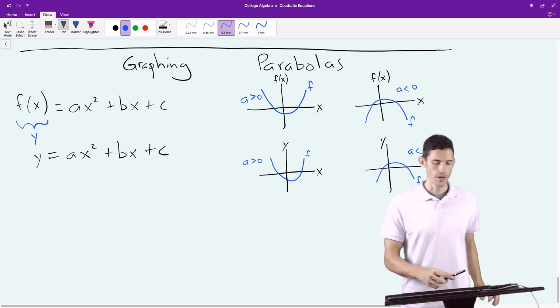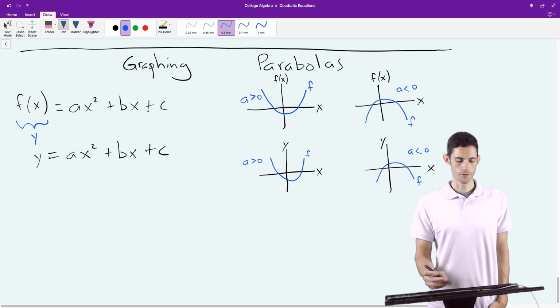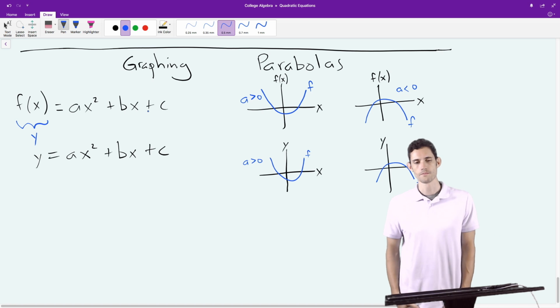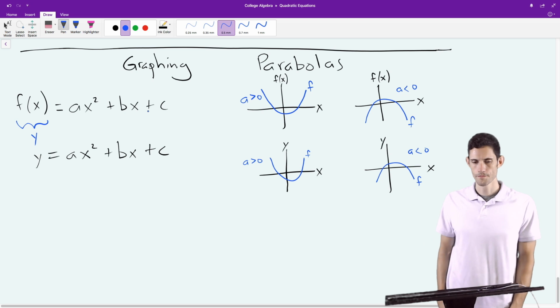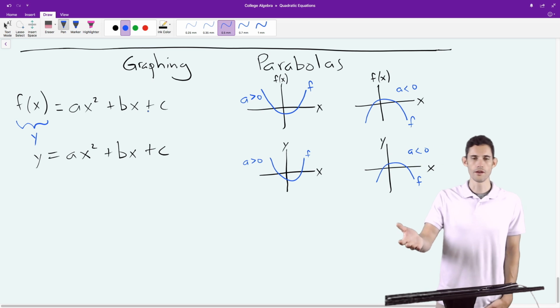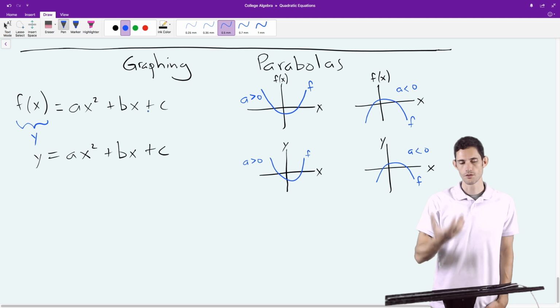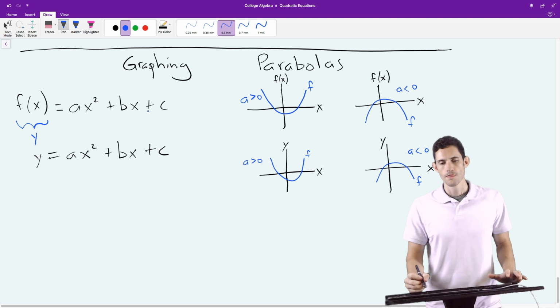And just imagine that we have ax squared plus bx plus c, and you're trying to think, what does this look like? Well, because it's an x squared, you know it's a parabola. And so it looks like one of the two pictures on the right that I drew. Either it is curved up or down. And we're trying to think about, is it curved up or is it curved down? Well,